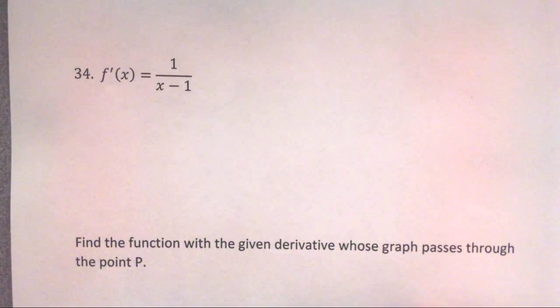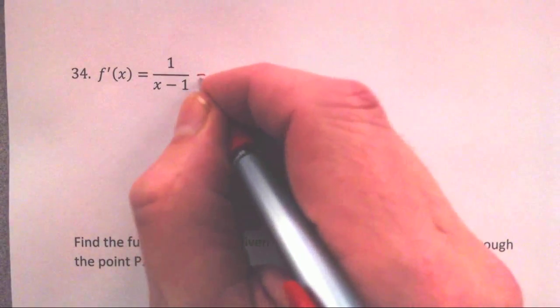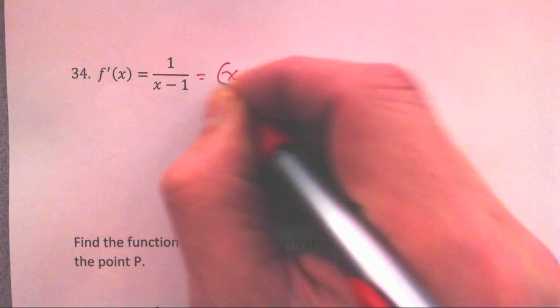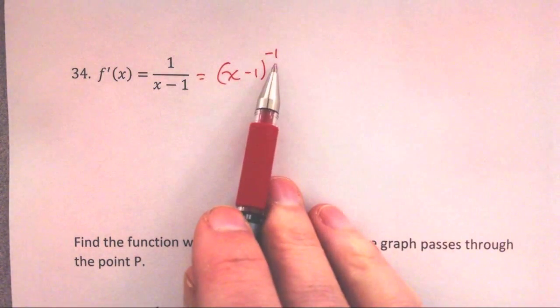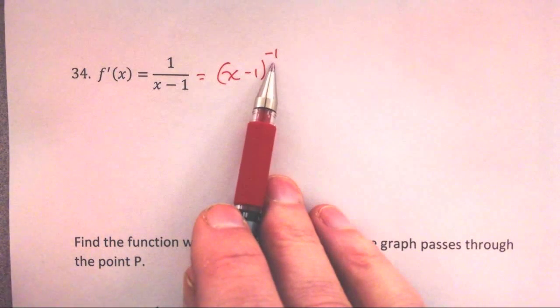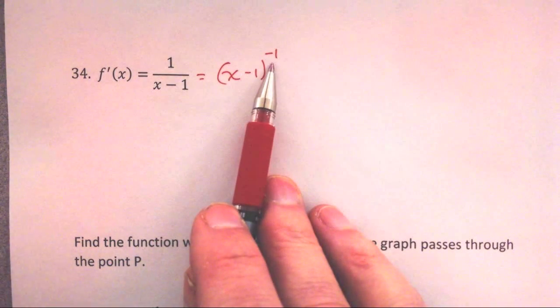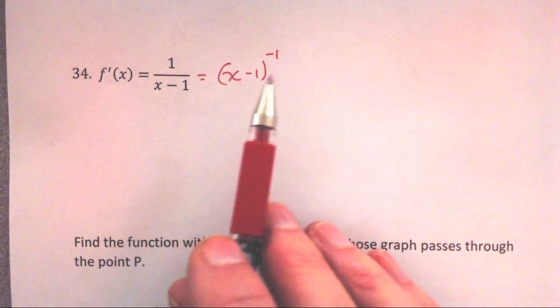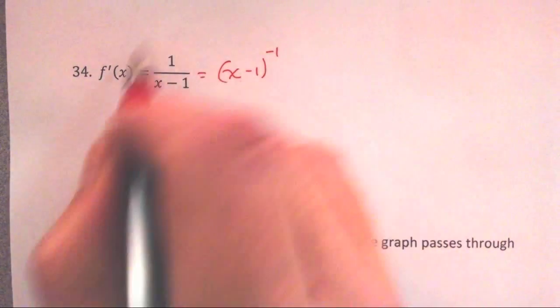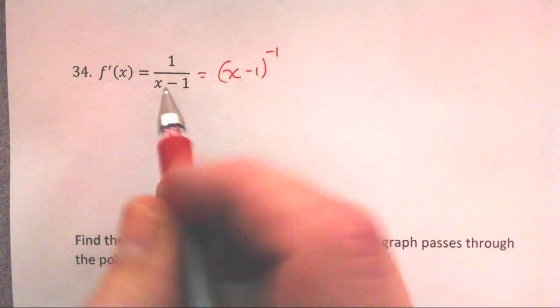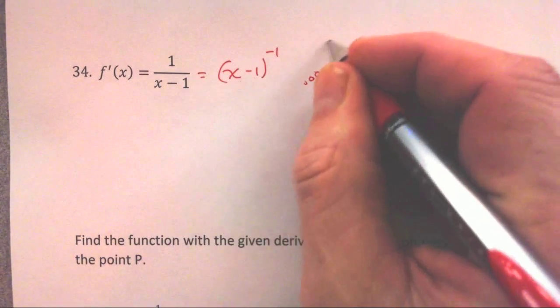Okay, and this one, 34. First thought, maybe we want to think of this. Now, what would an exponent have to be in order for a derivative to get us to negative 1? It would have to be 0, and we have x minus 1 would be 0, and that's a troublemaker for us. We can't have 0 there, otherwise we're just dealing with 1. But how else, what other derivative rule do we have that puts things in the denominator? So my little thought bubble is